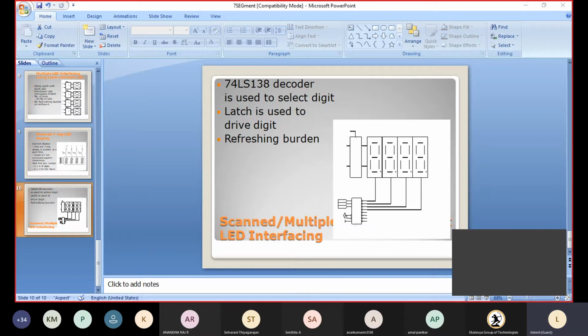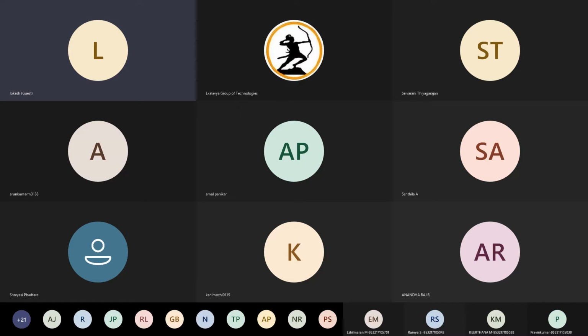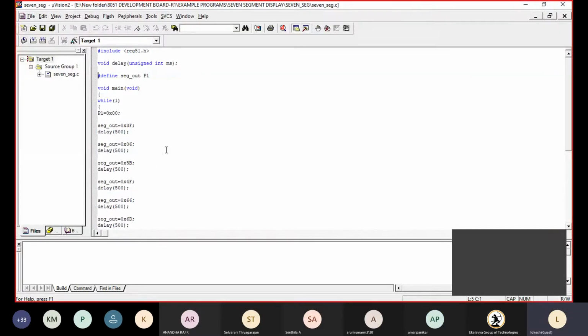If you see the program, it is going to be something like this. First, we are using the segment. Which segment are we going to utilize? We are using port P1, so port P1 is going to be utilized and connected. For port P1, we are going to give the data. First we make it 00, which is nothing but output.